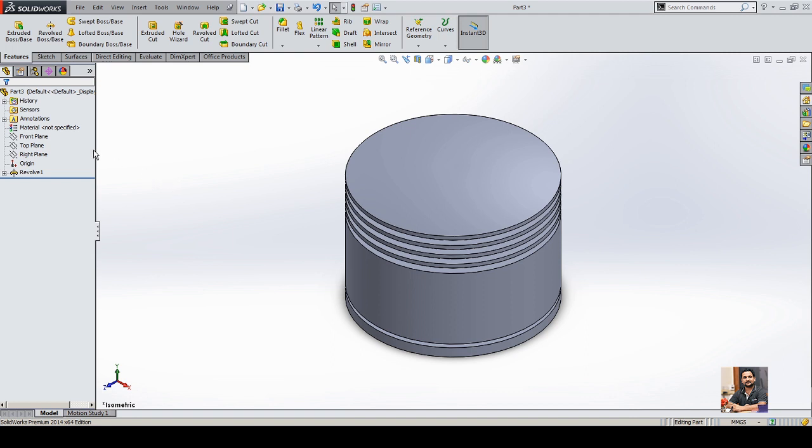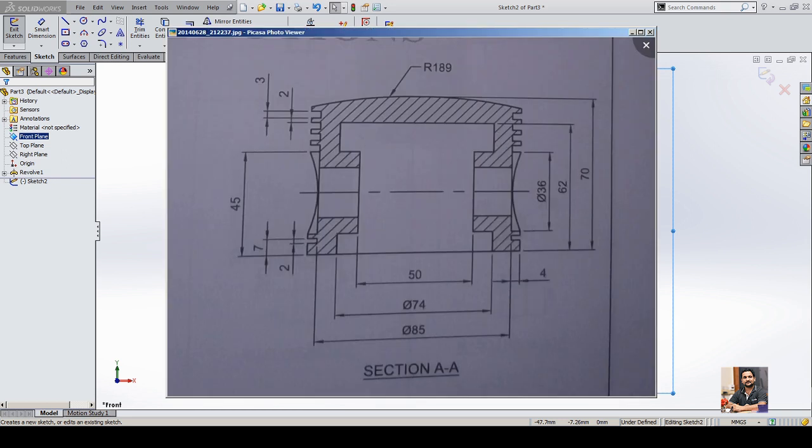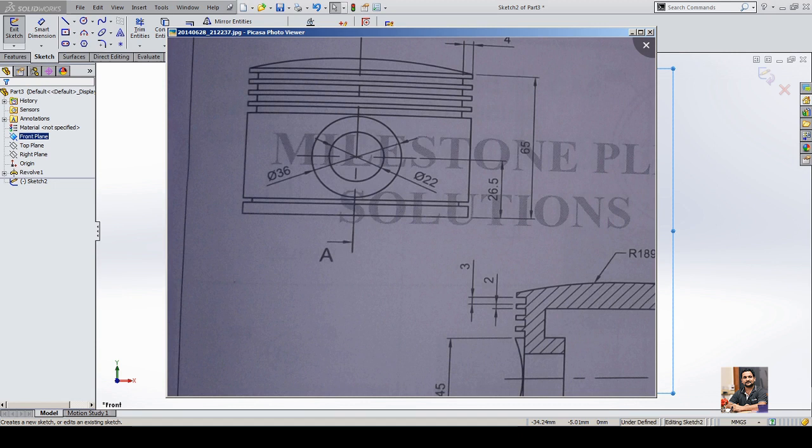Now we are going to select the front plane and go to sketch, and now we are going to create this outer circle. Okay, so instead of sketching these two circles separately, you can actually create both the circles, but if you plan to create this hole using hole command, then create only this outer circle. So I'm going to use hole command for this inner circle, and I'm going to use extruded cut for